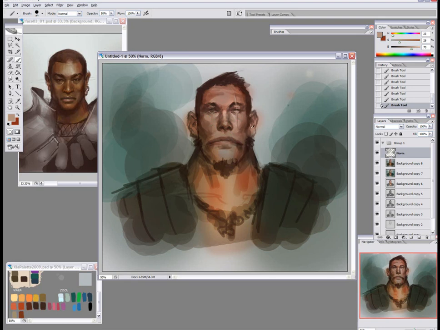And now some highlight on one of his cheeks, and gonna fix his lips a little more. There you go. Add some darker value into the corner of the lips and in the middle, and then